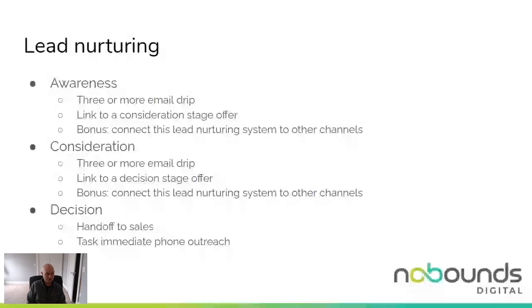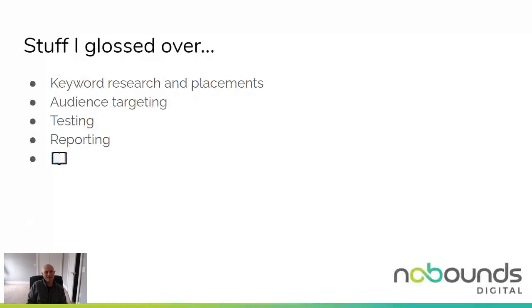Stuff that we glossed over, but I will talk about a little bit here is keyword research and placements. A lot of that goes back to the buyer personas that we talked about earlier. Use empathy maps, which is a tool that I'll link to at the end of this webinar. Use your buyer personas and then mine them. If you haven't looked at your buyer personas you've created in a long time, dust off that document, pull out those keywords, run those keywords through